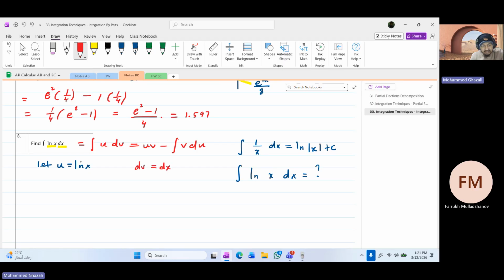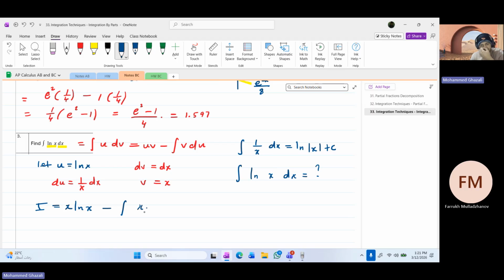I can differentiate this. So du is equal to 1 over x dx, since the derivative of ln x is 1 over x. And integrating dv, v is equal to x, because if I differentiate v equals x, I get dv equals dx. All right. Now I can apply this into the formula. The integral is now equal to uv. What is uv? x ln x